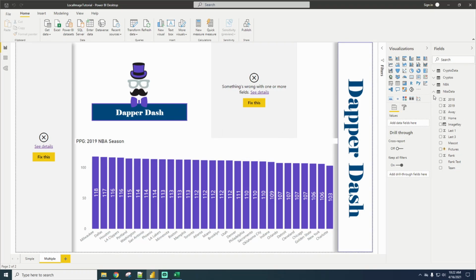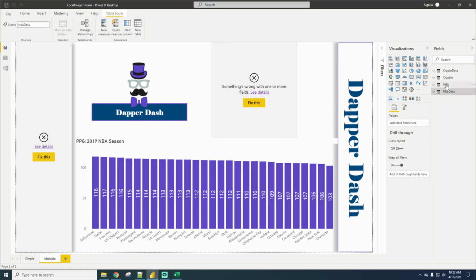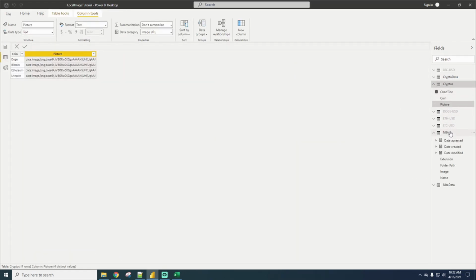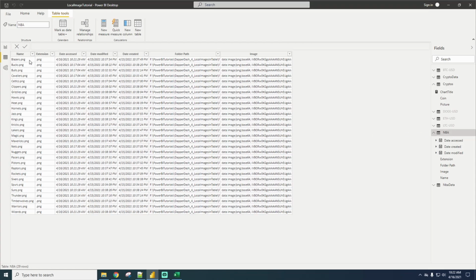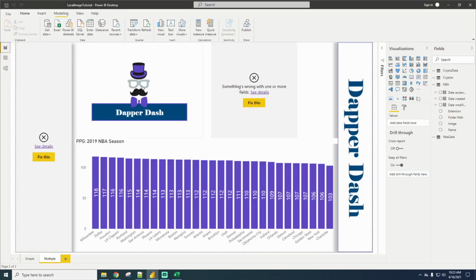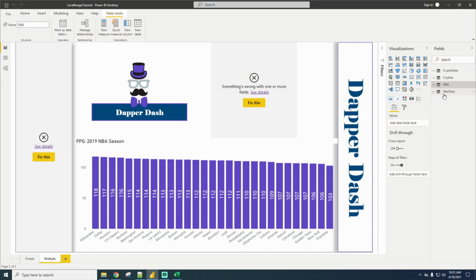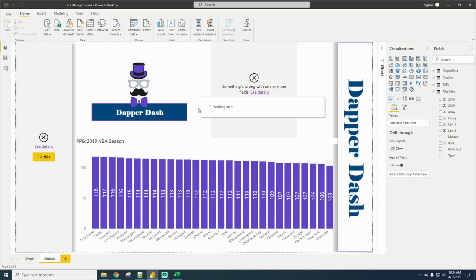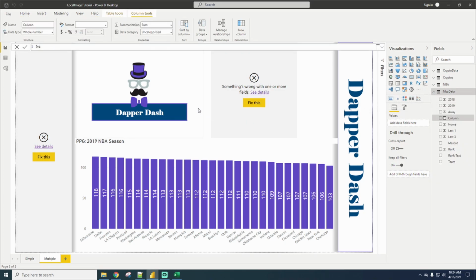It's going to bring in our NBA data right there. And remember, our NBA data, which is our folder of images, this name column has our images named as blazers.png or mascot.png. So what we're going to do is we're going to create a foreign key here in our NBA data. This is our primary data. Okay, so we're going to create a new column. I'm going to name this image key, and it's going to equal our mascot name